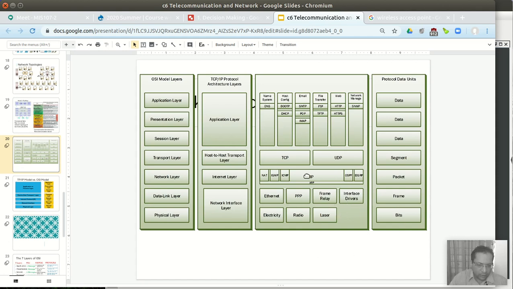So the OS knows through a driver how to send these different data. So over here, this is data, this is data, this is data. This is called segment, TCP UDP segment. This is called packet at this level, and after packet this is called frame, and these are the bits. I hope this one clarifies some of these ideas.